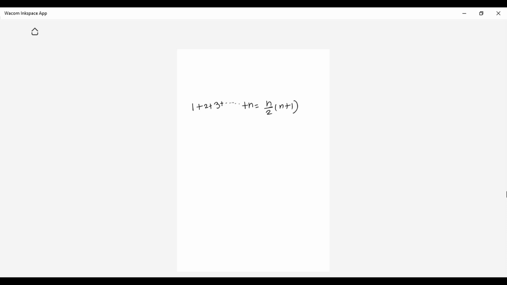So what you have to write, students? Answer, step one. What is step one? It is basis. So what are we going to do here? Listen carefully, everyone. We are going to take a specific integer value and check whether we get LHS is equal to RHS. Now take this LHS. This is the LHS, and this is the RHS. So we'll take n is equal to 1.